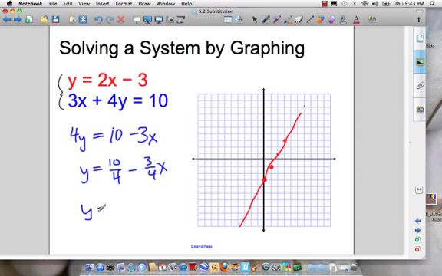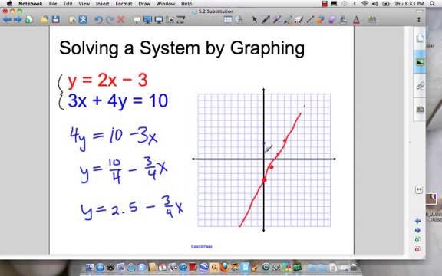And I could reduce or write as a decimal, so 10 fourths is 2.5 minus, I'm going to go ahead and leave 3 fourths as a fraction because that's the slope. So this one has a y-intercept of 2.5